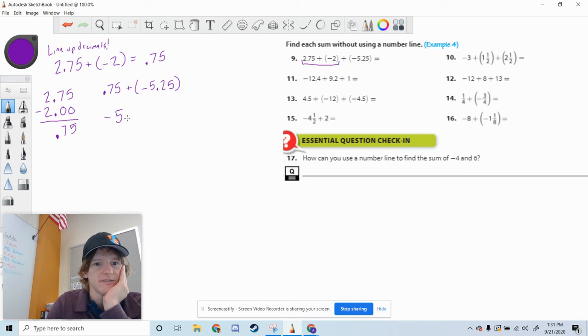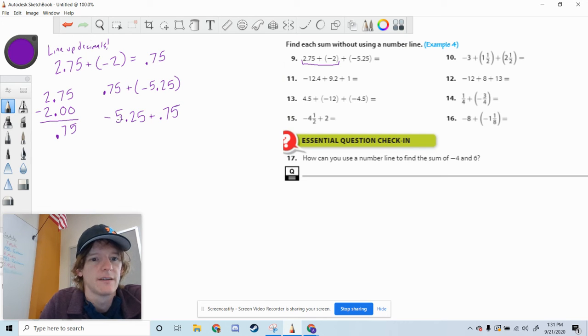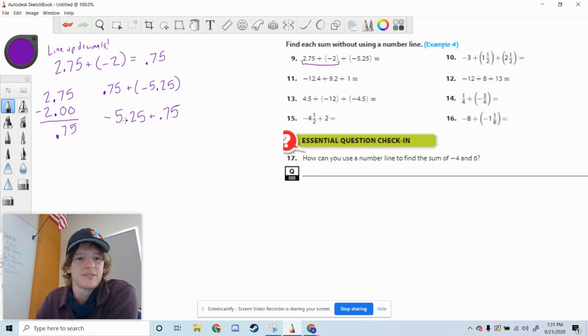I've got negative $5.25. So I'm using the commutative property, and I'm going to add 0.75 to that. Okay, so 5.25 is negative. Say that you owed $5 and a quarter. Well, you paid, this is 3 quarters. You pay 1 quarter, now you only owe $5. You pay 2 quarters, now you only owe $4.75. And you pay 3 quarters, which will be